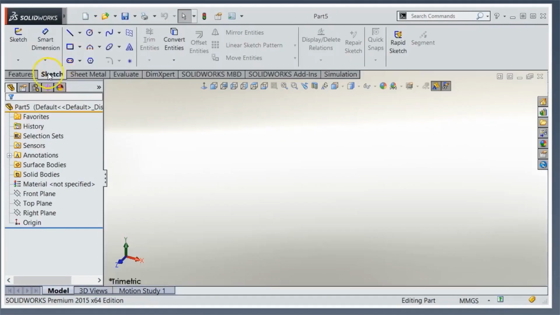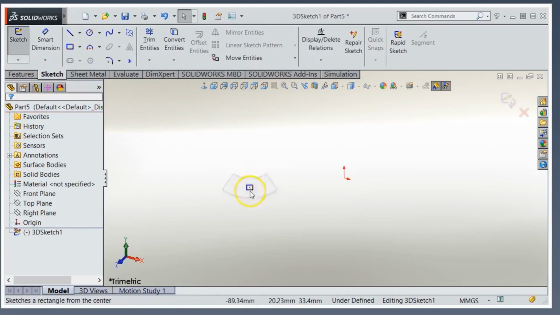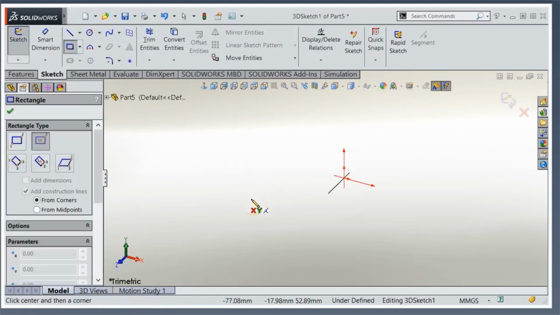So in today's example, I'm using a 3D sketch to create a frame, or the basis of our frame weldment that's going to be in future videos here. To create a 3D sketch, I'm going to hit the pull down under Sketch and pick 3D Sketch. I'm going to go into my center rectangle tool so I can draw the base